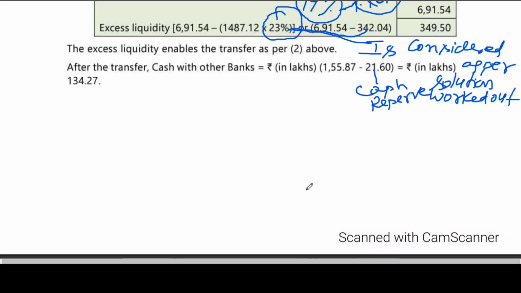Government securities held as current investment are valued on a yield to maturity basis. Yield to maturity means the amount you are expecting to receive. For investment in shares, 25% is to be taken at cost, and on the remaining 75% of the investment you have to compare to the market value. If the market value is less, it is to be taken as depreciation. We have done that problem.